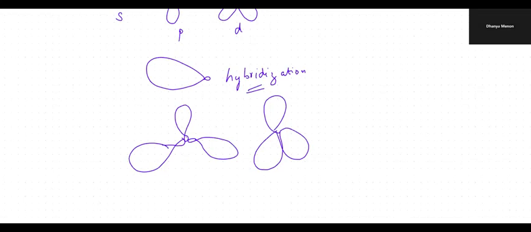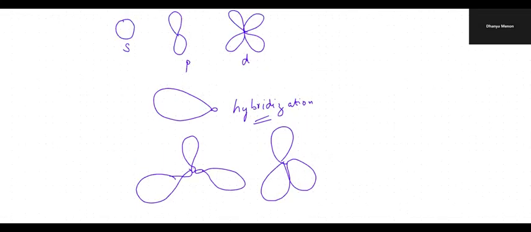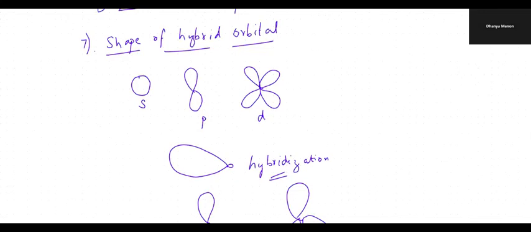Okay, so this is the shape of the hybrid orbitals. They show it with a big lobe, and sometimes along with the big lobe, there will be a small lobe like this. Sometimes the small lobes are missing too. Okay, moving on further,